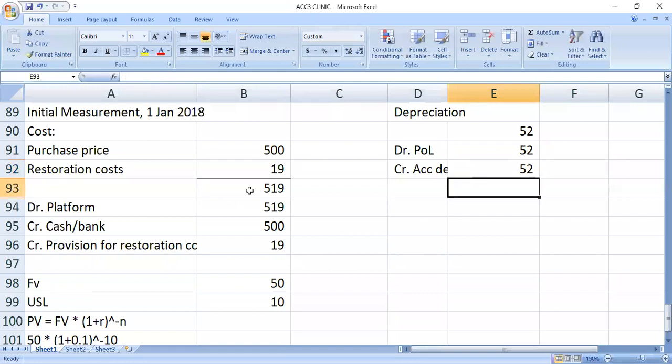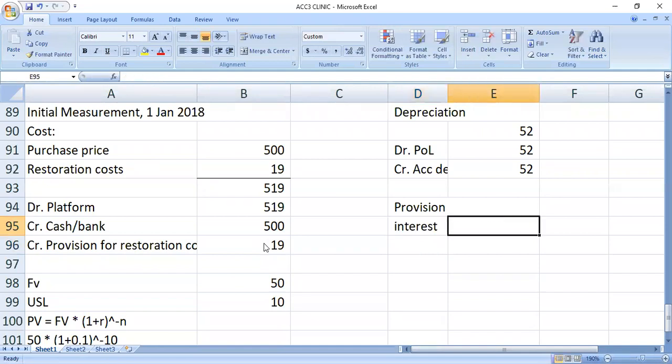Right, so that's depreciation. Then the other thing is the provision. The provision keeps unfolding or unrolling. The 10% keeps unrolling until that's how it will end up being the 50 million in 10 years. So with the provision, it goes on increasing with the interest. So we expense it as it arises. So it's the interest, which is the 10%.